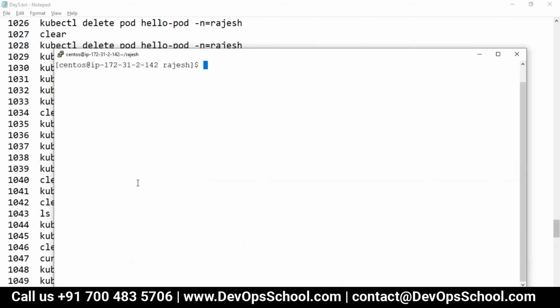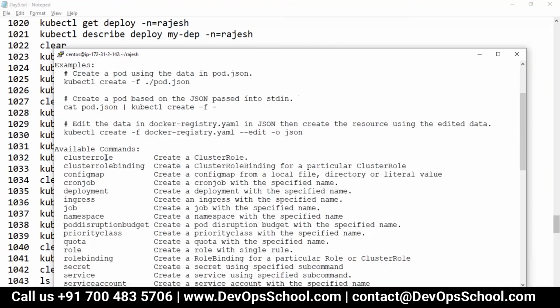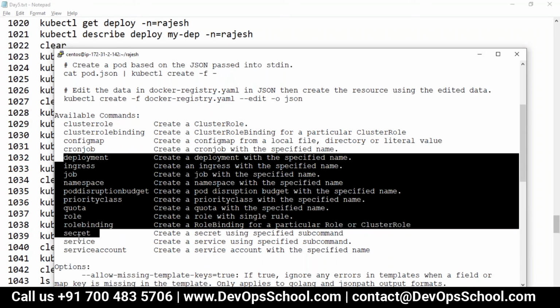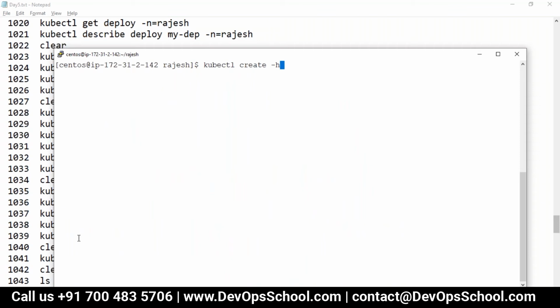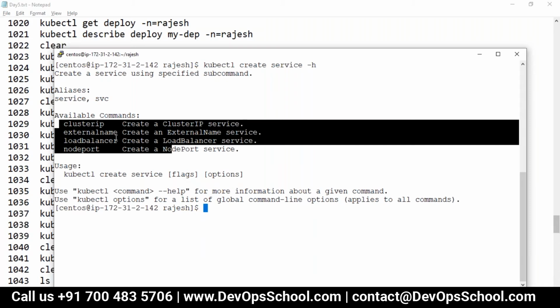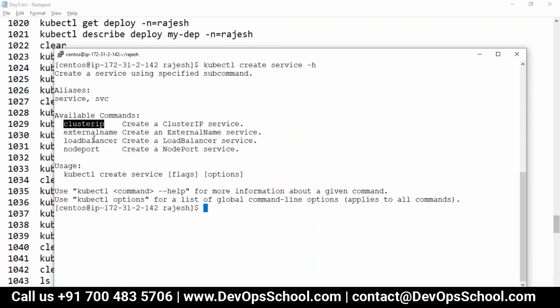So now guys, I got 2 pods. Now I'm going to load balance. Remember, 2 different software are loaded. That's okay, but I want to load balance this. So what to do? So kubectl create -h. Here, can I create a service? See here, service I can create. Wonderful. So here -h. Now see here, these are the types. Either you can choose cluster IP, load balancer, node port, and external name. I'll show you cluster IP first.